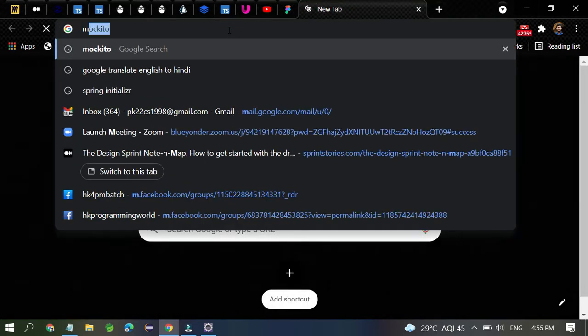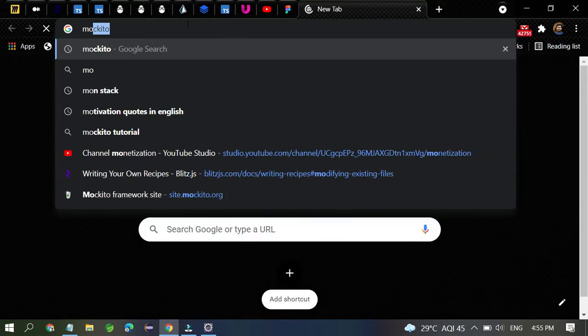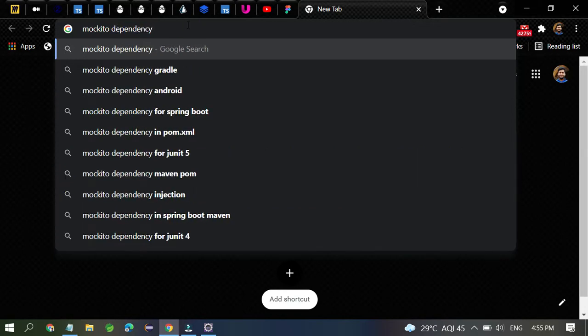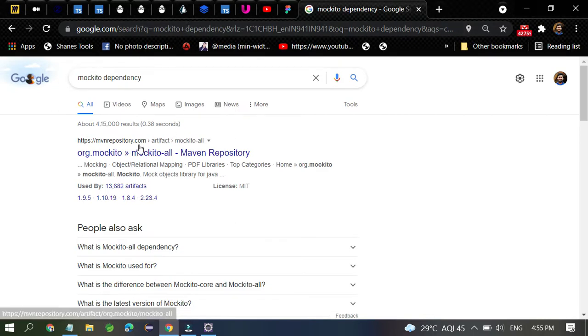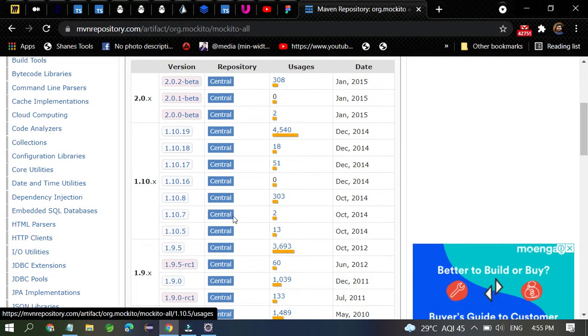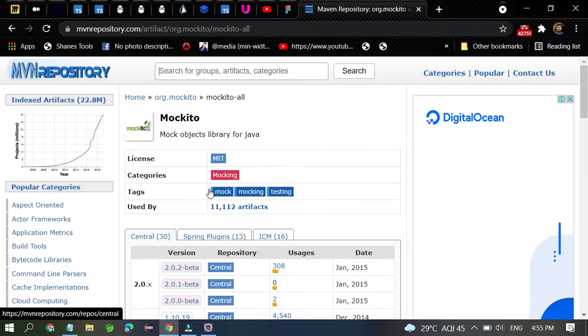So I will search here for Mockito dependency. It's not given to you by default, but you have to put this Mockito dependency in your project so that you are able to work with it.